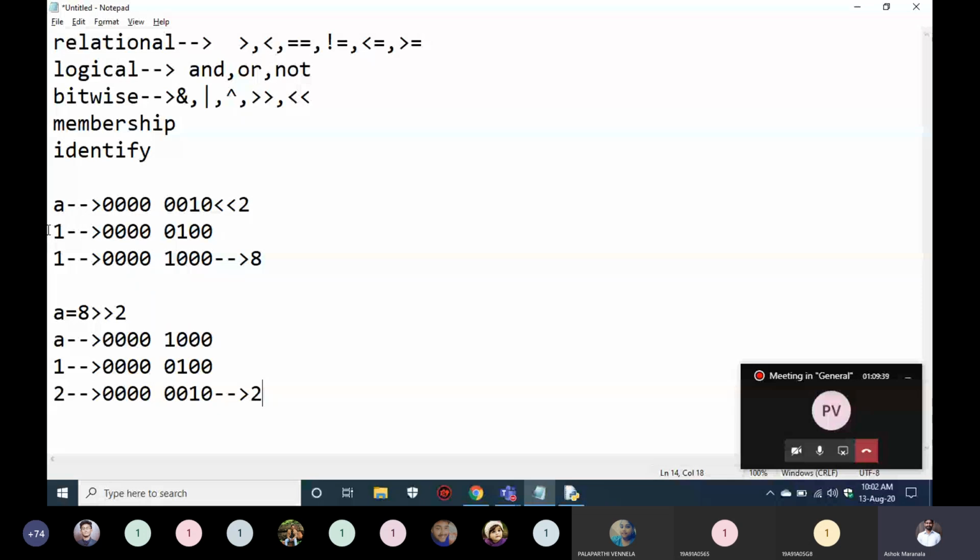When you use the right shift operator, the value will always decrease, because when you move to the right, the place value decreases, and when you go to the left, the place value increases. So these are the left shift and right shift operators. This is how they work.